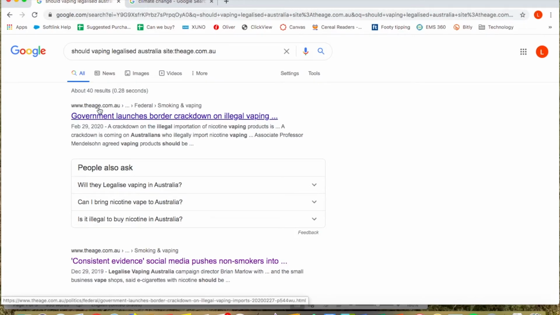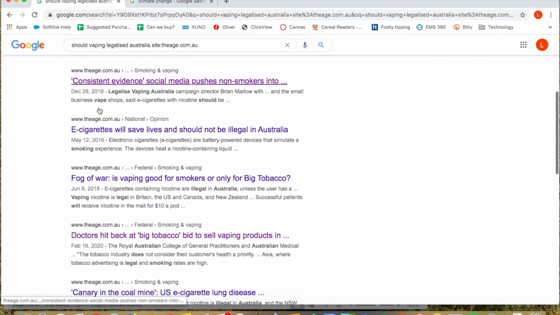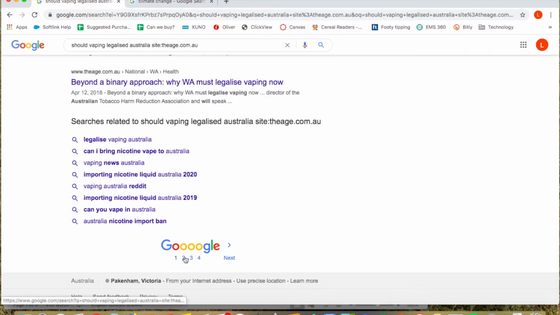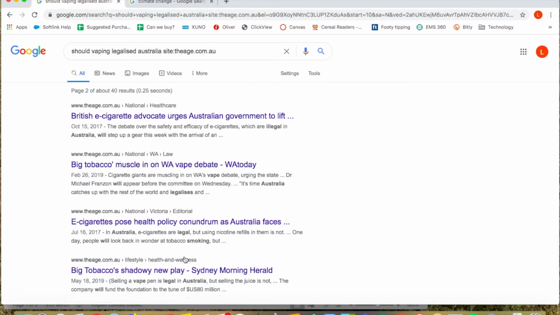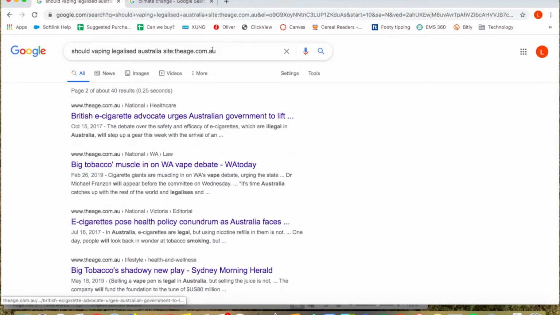This is a great thing to do sometimes, because sometimes you'll go to a website and the search button can't be found, or you're not finding the information you need. If you go to Google, type your keywords in, and limit it just to the site, you'll get everything from The Age only. Even on page 2, it's still from The Age as well.